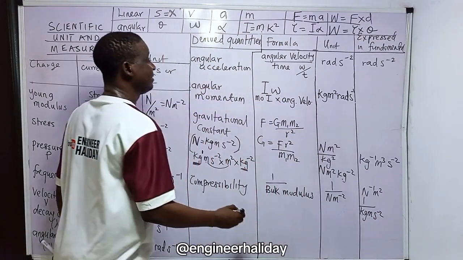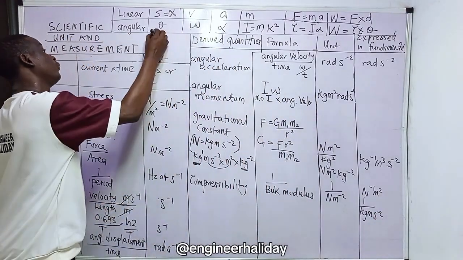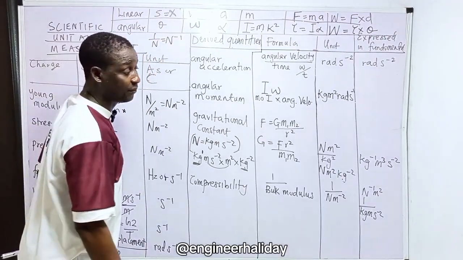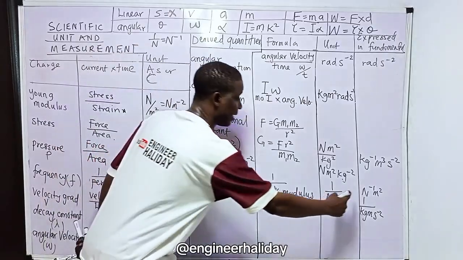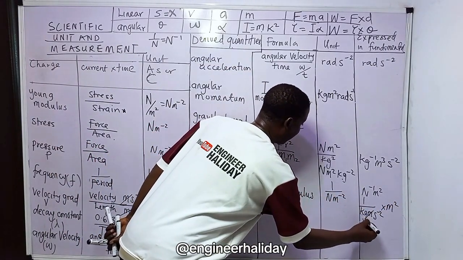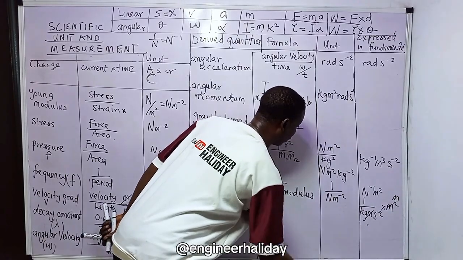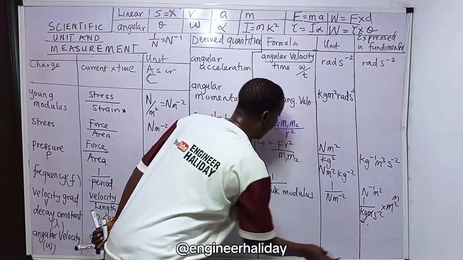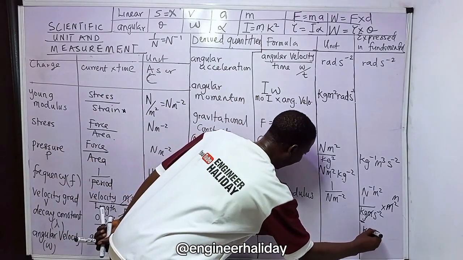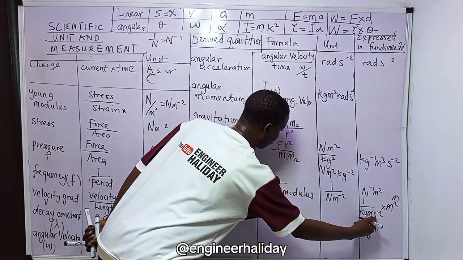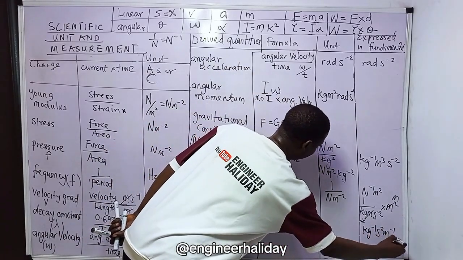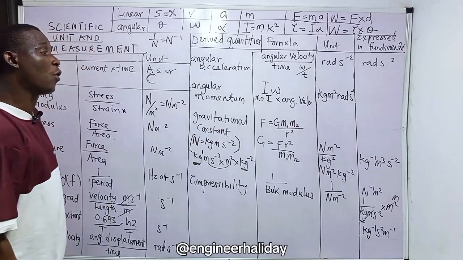Remember that anything that is written as 1 over n is the same thing as n raised to power minus 1. So this times meter square. Meter cancels meter square, and remains meter. Let the kg go up, class. Take the kg up. What do we have? We have per kg. Let's say s to the power minus 2 goes up and becomes s square, then per meter. That is the unit of